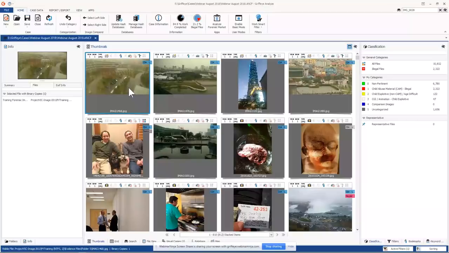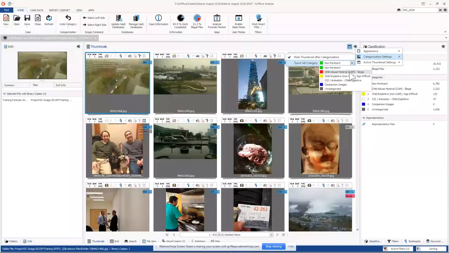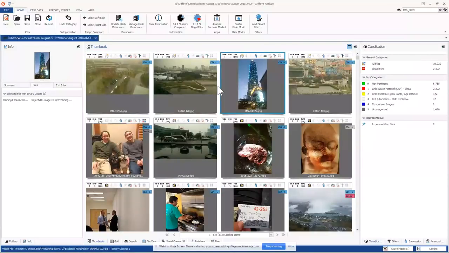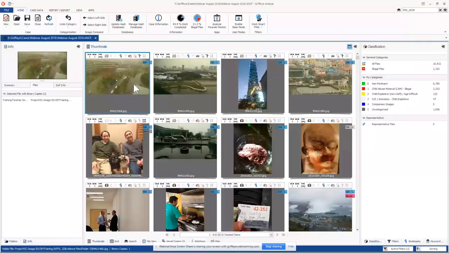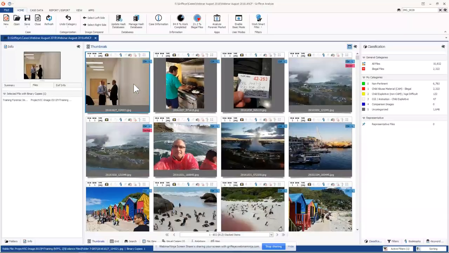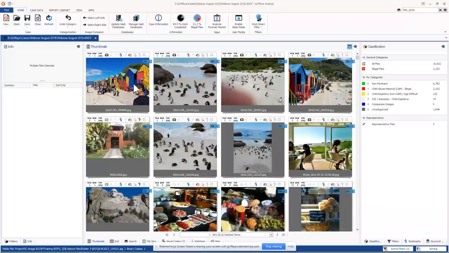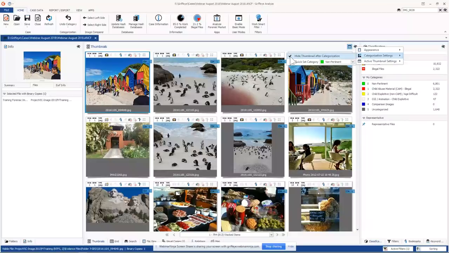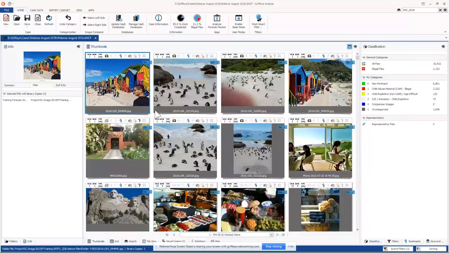You can categorize multiple files at once. There's a quick set category as well, where you can set all the visible files on a page to whatever quick set category you set. I'm going to say non-pertinent. So if I want to quick set these and make a determination on all these files, all I have to do is hit the plus key, and it just categorized all those files. I don't know if you saw it real quickly. I'll do it again, and it disappeared off my screen. So I don't have to worry about exposure or looking at it anymore as well. That's just a workflow idea for you.